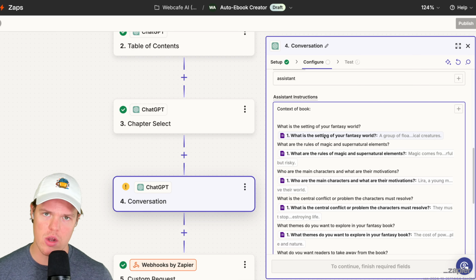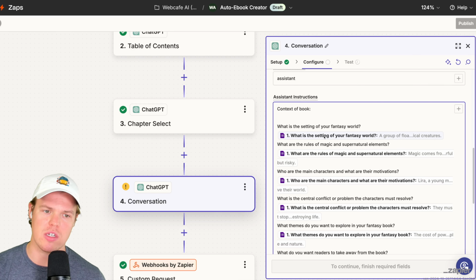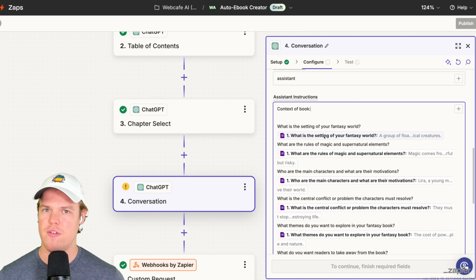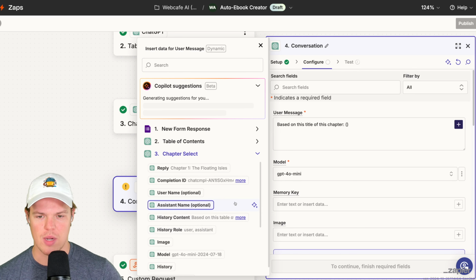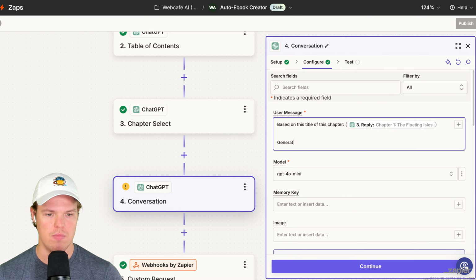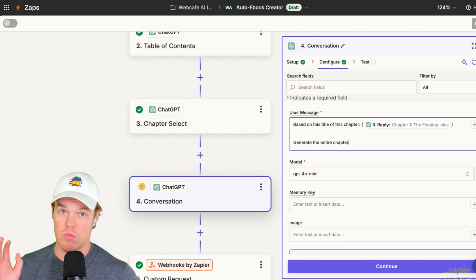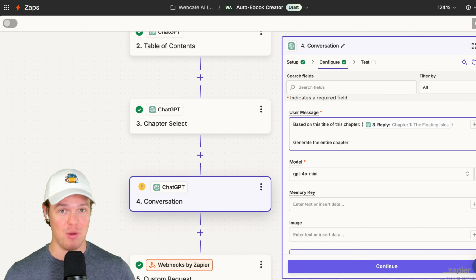And what we can do here is, as we keep going with this logic, we could get a little bit fancy here. And you'll see what I mean. For now, we're just going to do this. On the title of this chapter, semicolon, parentheses, put in the title from the previous output, chapter select, reply, and generate the entire chapter. Now, this is up to y'all. I'm just going to put that because my purpose and what I want to show you today